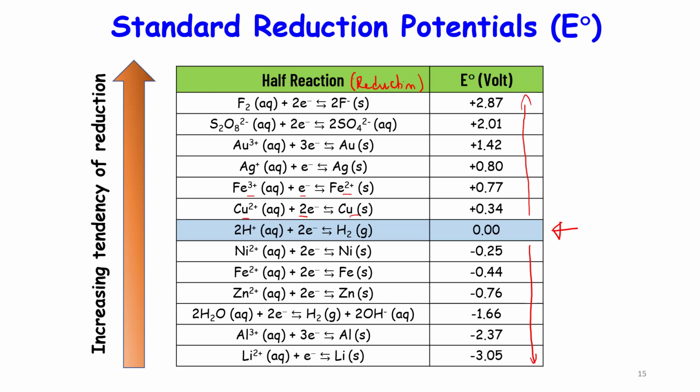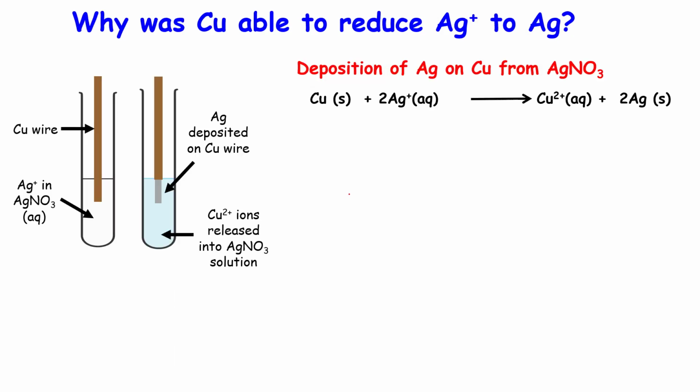So we are measuring the standard reduction potential, or the capacity of the reactions to undergo reduction. And the more positive these values are, the higher the tendency to undergo reduction. Okay, so this is the take-home point from measuring standard reduction potentials. Now let's think about the reaction that we looked at before we started learning how to measure standard